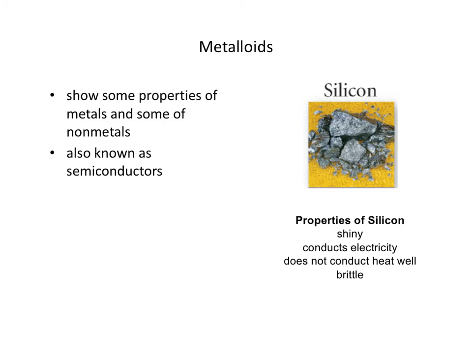If you think about computing, we think about bits, which is either 0 or 1, on or off. And so with metalloids, we can turn their conductivity on and off, so we can turn those bits on and off. So this is in part why metalloids are so prevalent and so important in the computing industry.